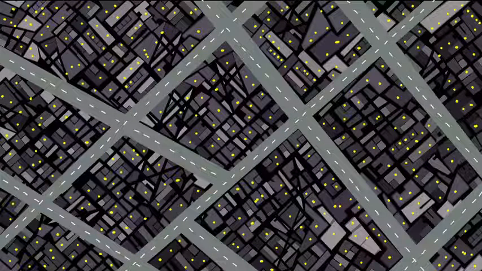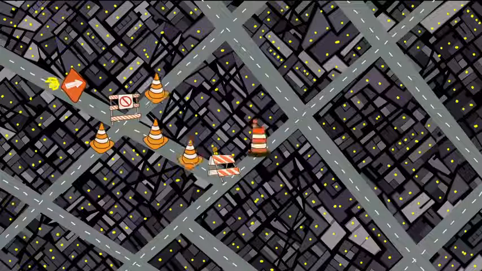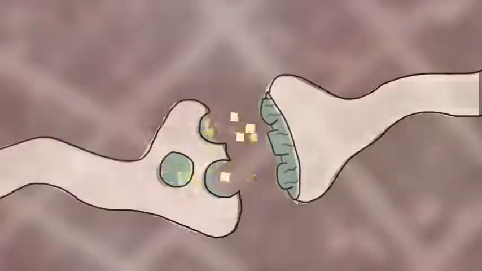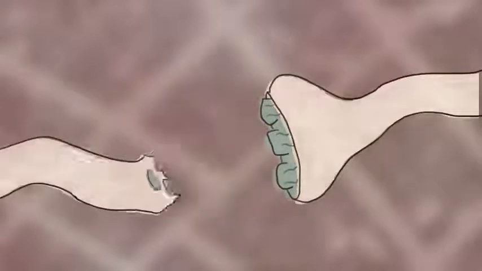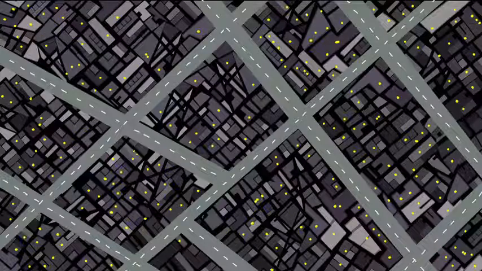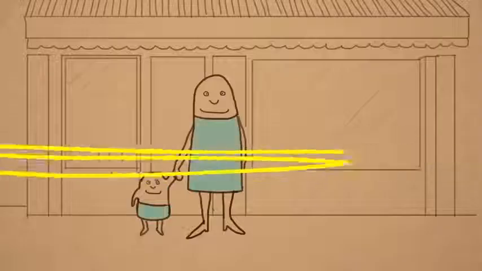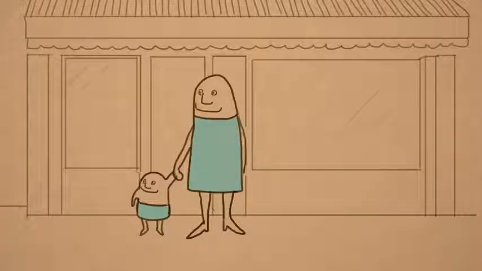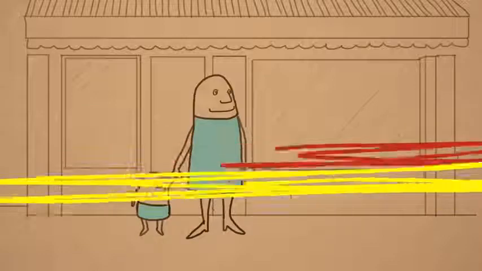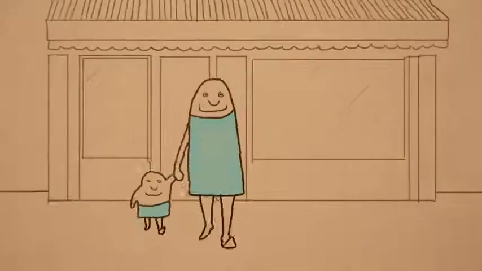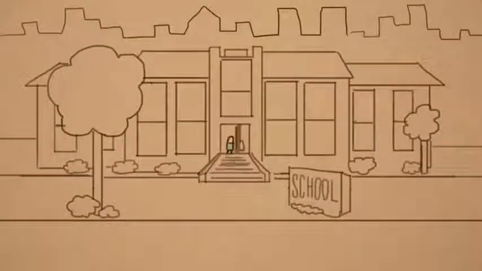In a city with too much pruning, roadblocks pop up on your route to school, causing you to be late or making it impossible to get there. As it happens in the brain, this loss of synapses makes it hard to access memories and blocks certain paths of communication. While the largest period of synaptic pruning is early in life, this process continues throughout adulthood. So keep learning and happy pruning!